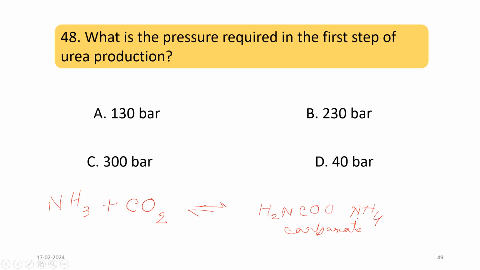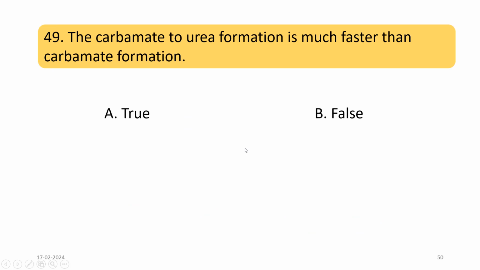So in this reaction, the pressure is maintained at 130 bar. Next, the carbamate to urea formation is much faster than the carbamate formation. So the second step of the urea production is